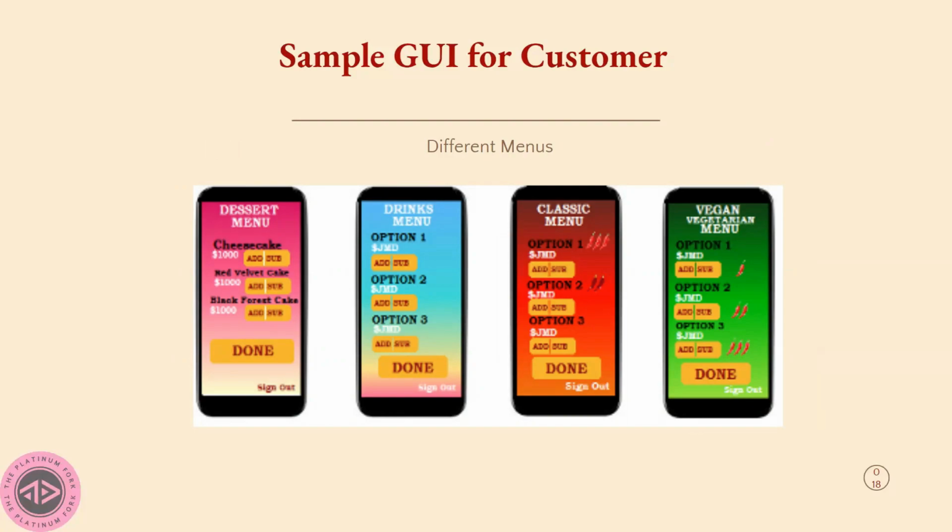For the food option, you'll be able to select your meal based on the spice level. So you will see the different spice levels there that you can select from. You will have the add and subtract option, so you can add different meals to your order. You can add any amount of meals you want to your order without sending in different